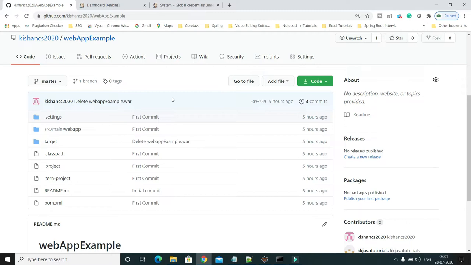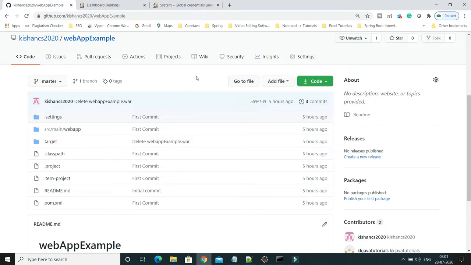That war file we have to deploy on some external server, like any kind of web server or application server. I'm taking Tomcat as an example. Once packaging is done by the Jenkins job, the war file has to be deployed on a remote server or local server, and that's the use case we are going to learn in this video.